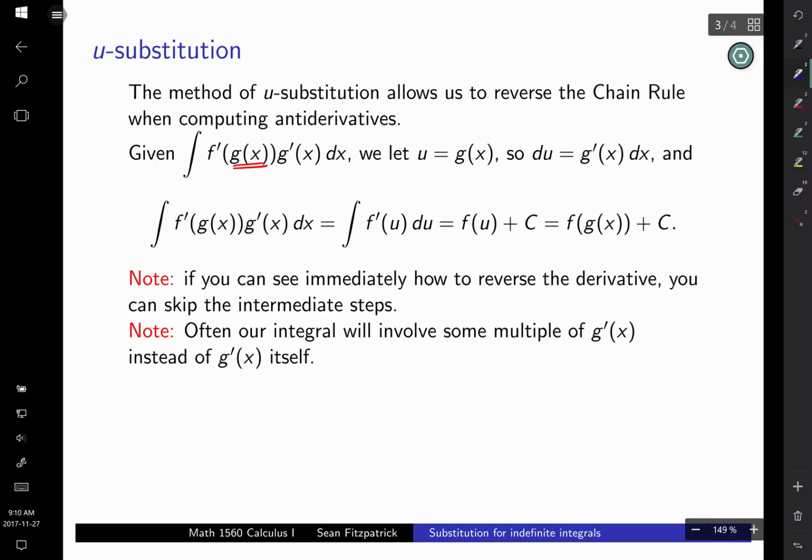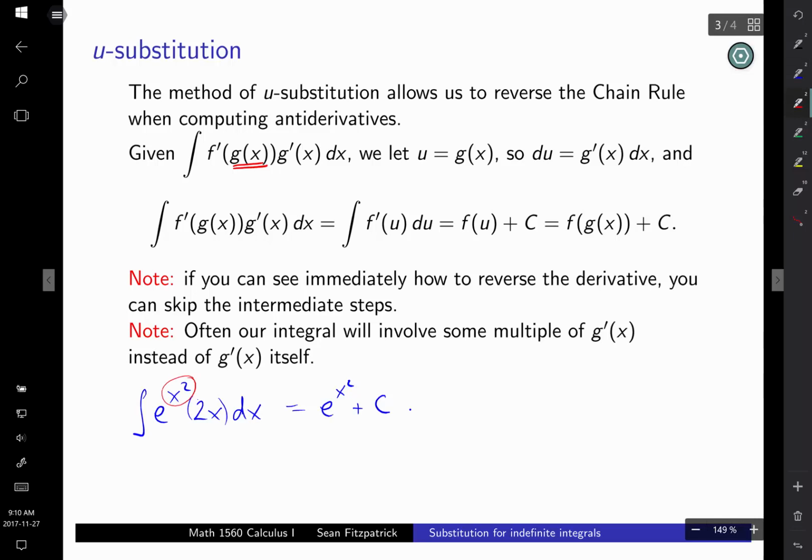You can, if you want to be sure. But if somebody handed you something like e to the x squared times 2x times dx, and you said, oh, e to the x squared times 2x, I know what that is, that's just the derivative of e to the x squared, right? Well, there's nothing wrong with just jumping straight to that answer if you see it. If you don't see it, then what you do is you say, okay,